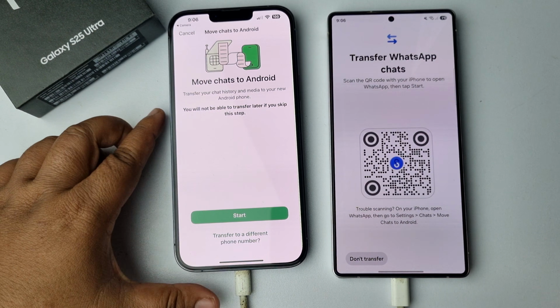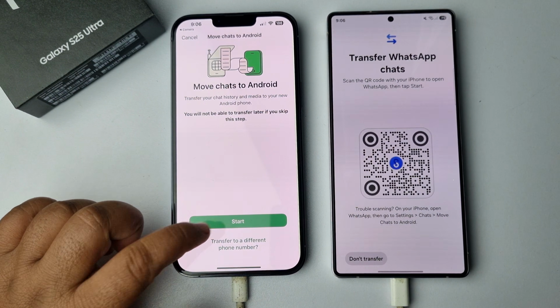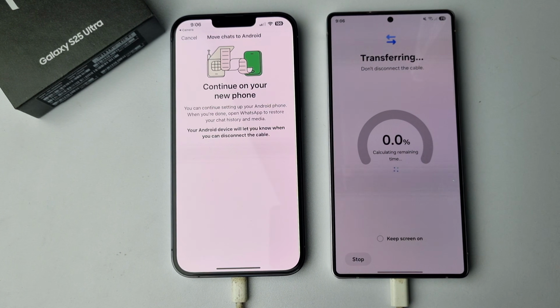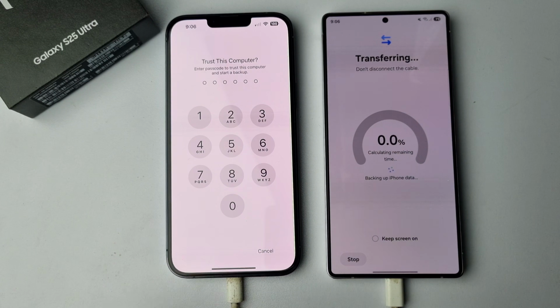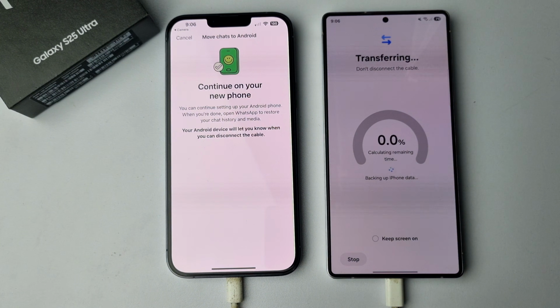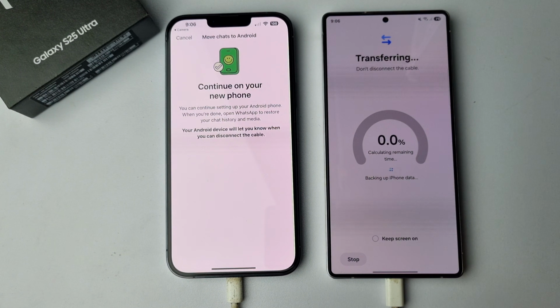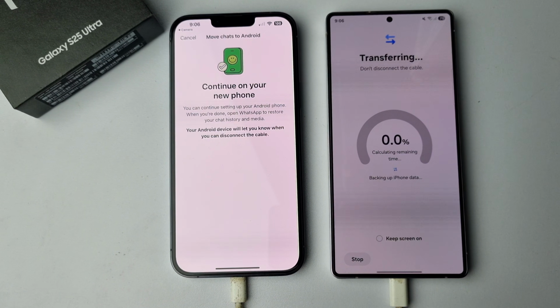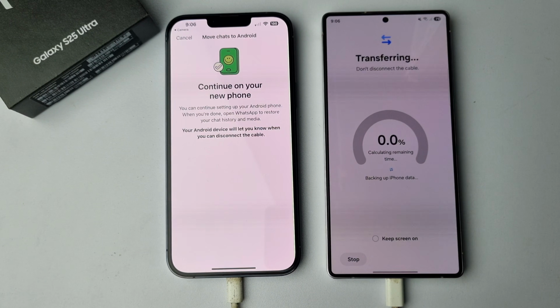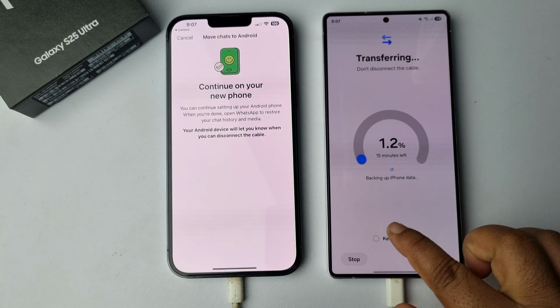and here you have to tap on start and verify your iPhone lock. And here you can see calculating my WhatsApp messages or data. It may take some moments to calculate. I'm going to check this option, keep screen on,